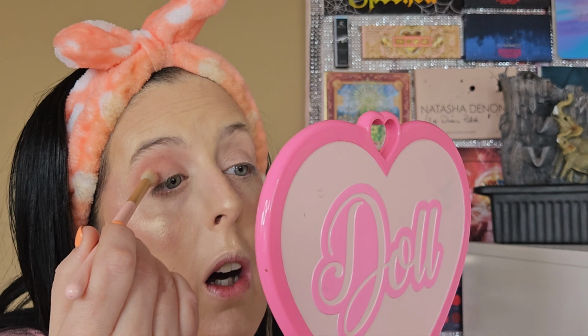And that is really pretty, and again, it's quite a nice spring look. Everyone said that my look yesterday was very springy with the greens, and I had to agree. It was. But no, I just want to keep it very simple today, very neutral, because I know there are a lot